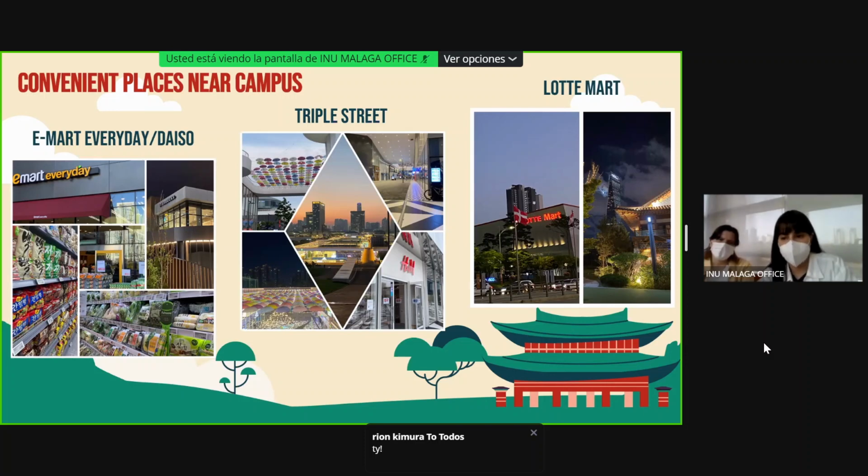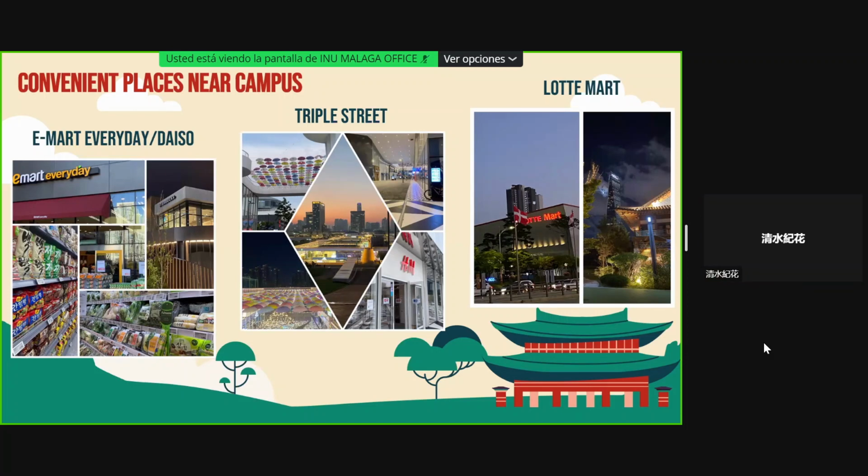Except for two Sundays a month that it is going to be closed, you can find it open most of the time. And Daiso, it's shops that you can find in Korea. So if you find Daiso near to you, you are done with that. It's really convenient to go. You can buy everything for living, from toilet paper to pillows to everything.